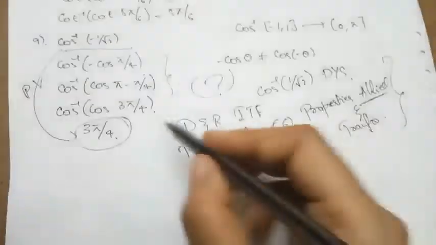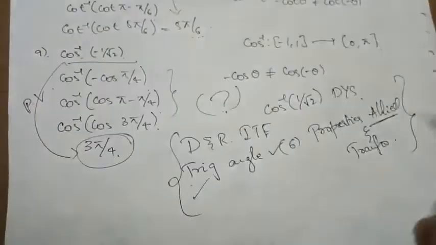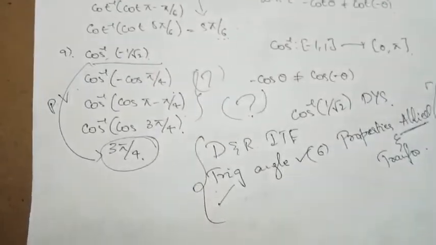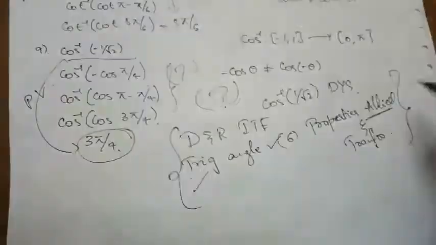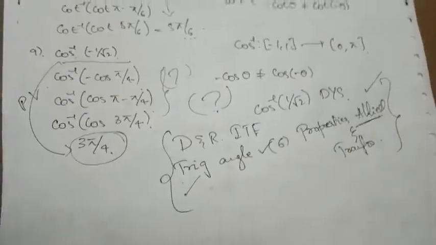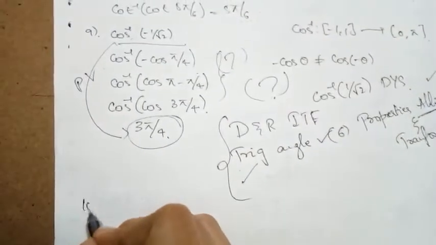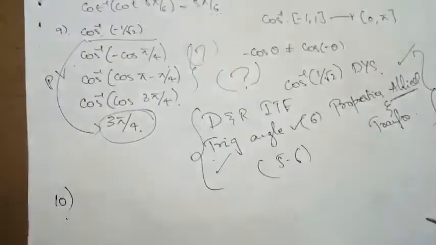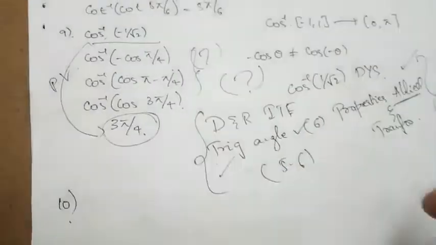If you are very thorough with all these basics, then solving the problems is very easy. Otherwise you will feel like what is going on, it will go above your head, it is not going inside your head. That's why I am saying from the beginning that the basics must be strong when we are doing this chapter, because it is one of the easiest and simplest problems where you can easily score 5 to 6 marks allotted to this chapter without any confusion if you have strong basics.